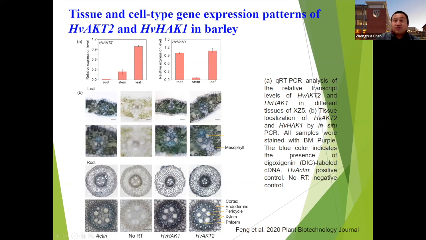And we also used HvAKT for running the in situ PCR as a positive control. So clearly, those two genes can be identified in both root and leaf, but they are more abundant in the vascular system. So that's for potassium transport. So it's quite clear for the